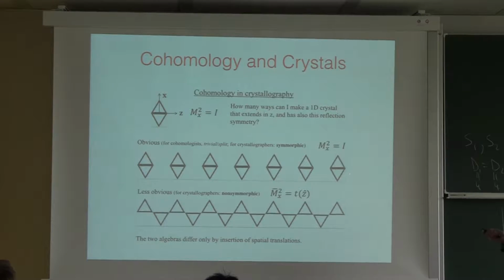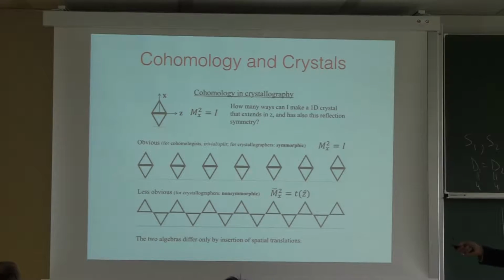And this is called a symmorphic representation of this symmetry. This object has the symmetry that if I take x to minus x, it remains the same. Now, what I'm doing here in mathematical terms is extending this symmetry by translations. So I'm trying to take a symmetry that's Z2 symmetry, it's just taking identity, and mirror squared is equal to identity, and trying to extend this group by translations.